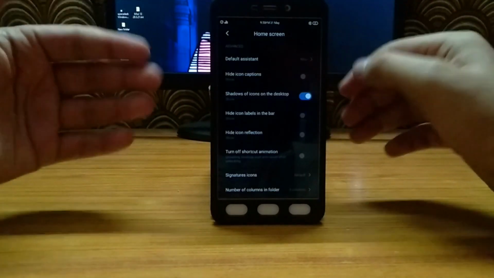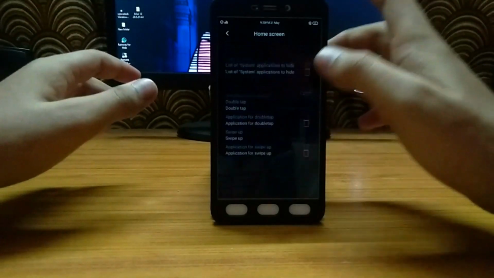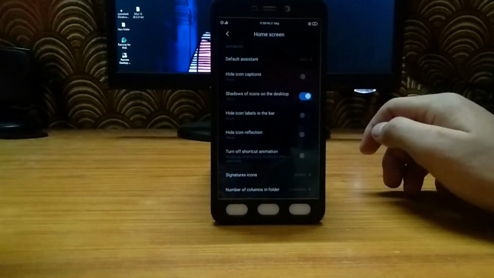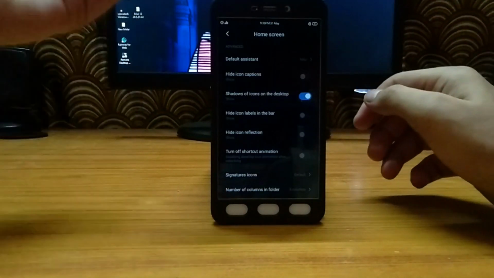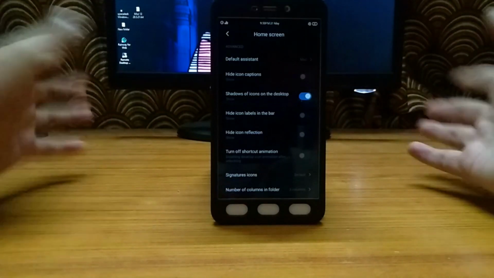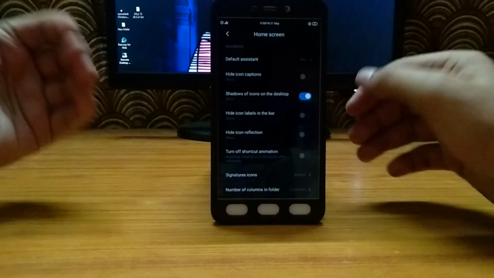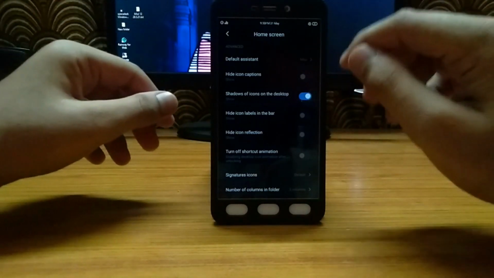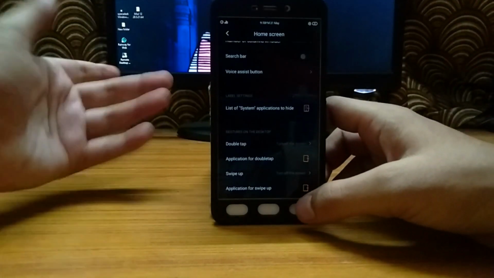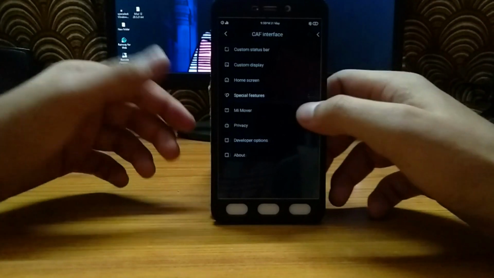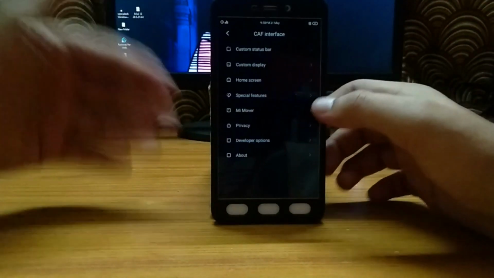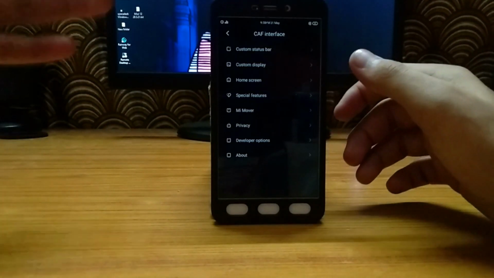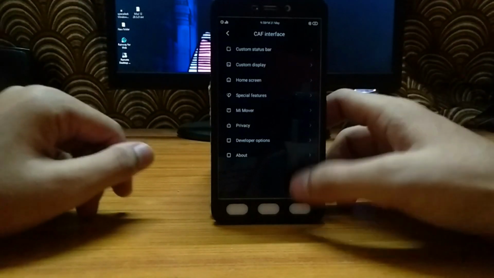As you could see, there's another option in the home screen option. And I suggest you don't change the default assistant from MIUI to Google, because it will show you Google pop-ups every time you click anything, or just randomly. So don't change this from MIUI to Google, and that will be fixed. And in the special features, there are the same features that you get in MIUI 11. Just some of them are broken on the previous ports, but in this one it all works.